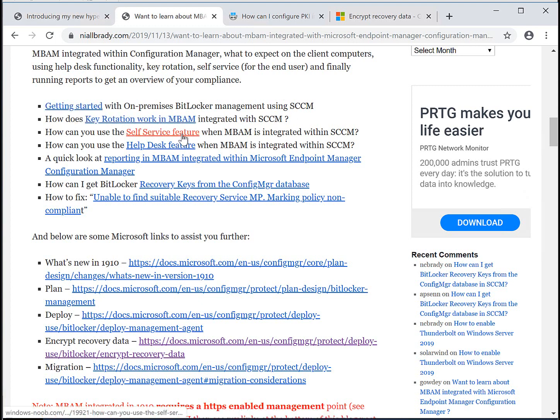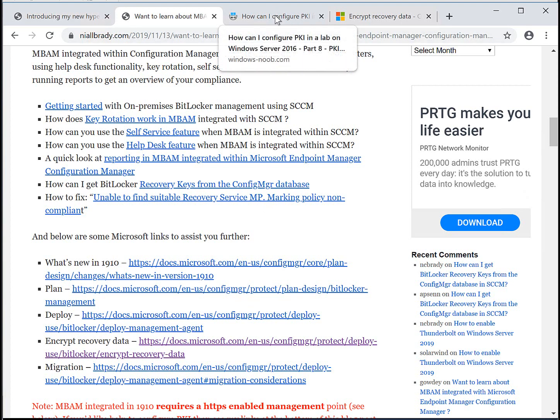How you can use the self-service feature, the help desk feature, a look at reporting, because there's a bunch of new reports related to MBAM, and how you can get the recovery keys from the config manager database, and also how to deal with an error such as this. But more importantly, you've got all the official docs from Microsoft, and they're really detailed, and they'll help you with planning and deploying